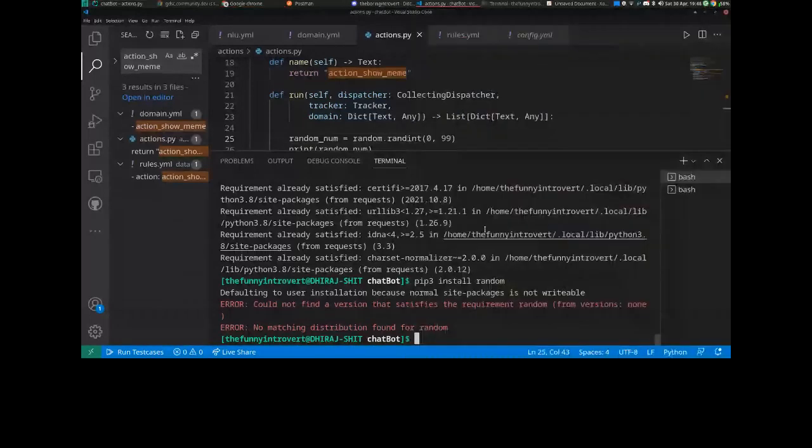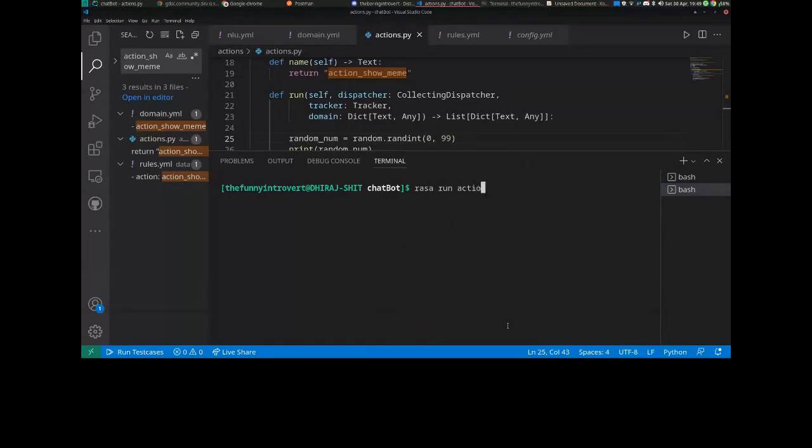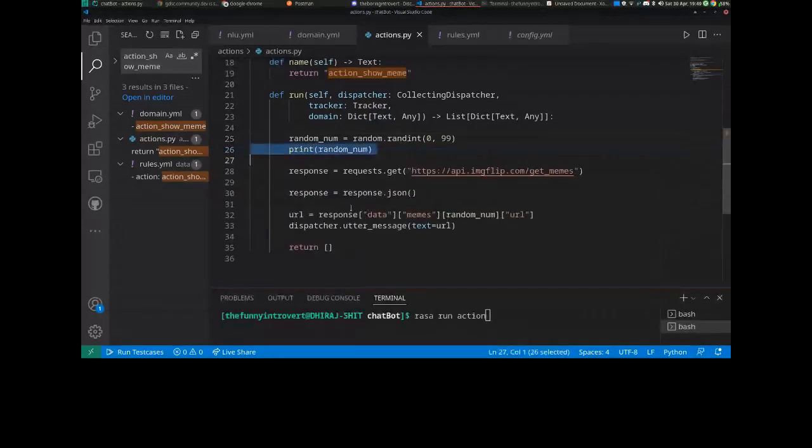So as I said earlier, we are not going to make all the actions inside NLP. We are going to have them on a different side. So to run this particular action, I will just say Rasa run action. And that is how Rasa also works. It tries to modularize all the stuff. So let's say if I'm getting any error, I can just print here, just the way I'm doing print random run. And to check if the URL is correct, I will also say, okay, print URL, so that we know if everything is going correct. And now I will just say print run action.